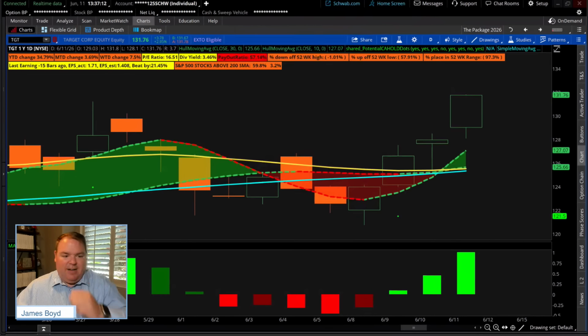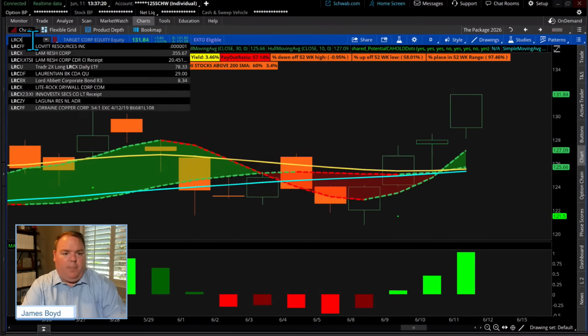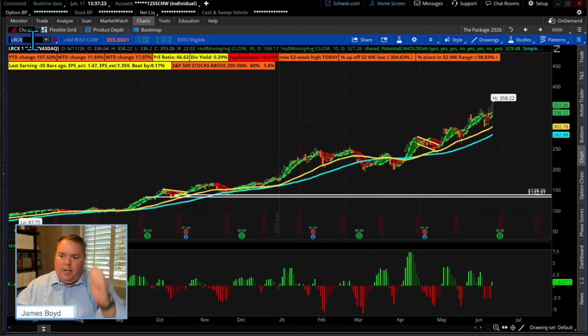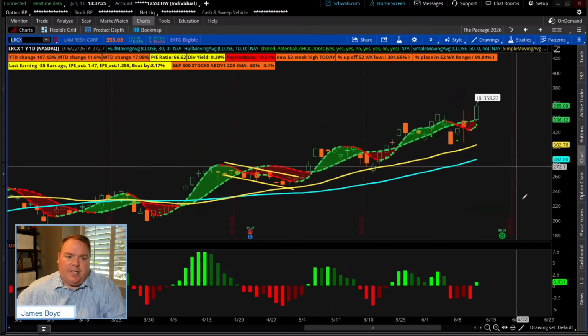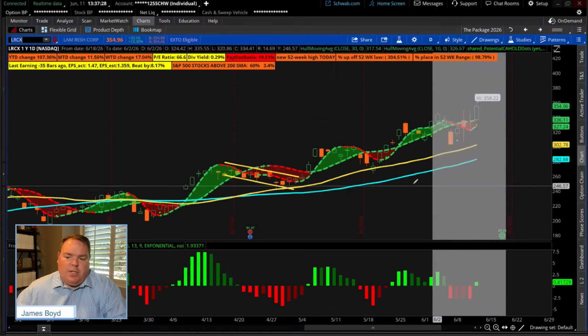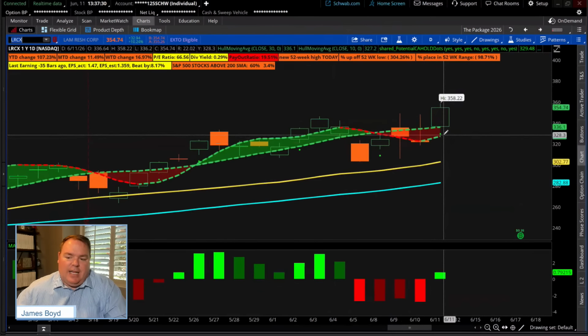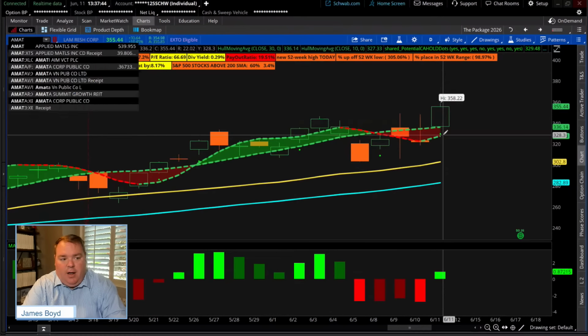Okay, there it is. Now, let's also go back to a couple other stocks that might be getting a little bit of a push here. I want to fast fire through a couple stocks that are getting a little bit of a push. First is LRCX. Notice on LRCX, you're going to notice that little green dot right there. We call that a bounce setup. The acronym we really use is close above the high of the low day. Some of these semi stocks are a little stronger than others.